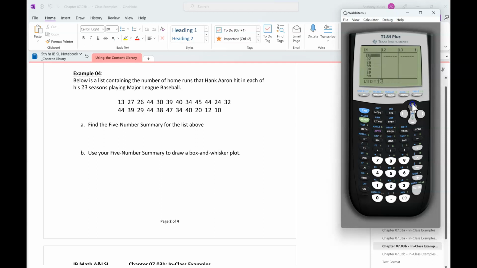Say you had to come up with a frequency chart for this. That stinks because all these numbers are out of order, right? Here's what I'm going to do. I figured out how to do this the other day. This is cool. I'm going to make L2 just another copy of L1. I just went to the title and did L2 equals L1 and pressed enter, and it just copied the same list over. I'm going to exit out of there,